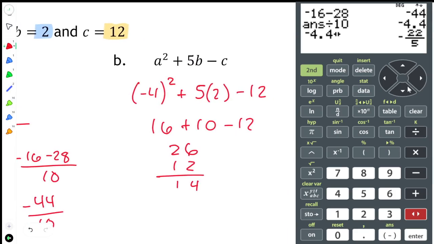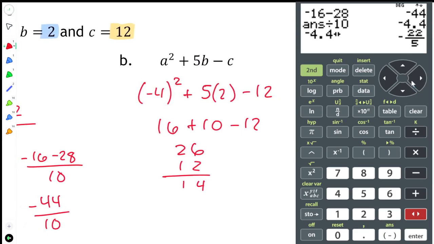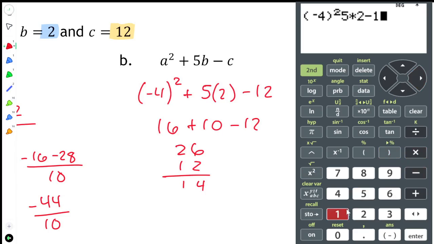So I'm so sorry that that was all off the screen. You can see what I was doing there. So I am going to go and just run that expression on my calculator. So I'm going to take open parentheses. Here's my negative 4. I'm going to square that. And then I'm going to go 5 times 2, and then I'm going to subtract 12 from that, and I get the,